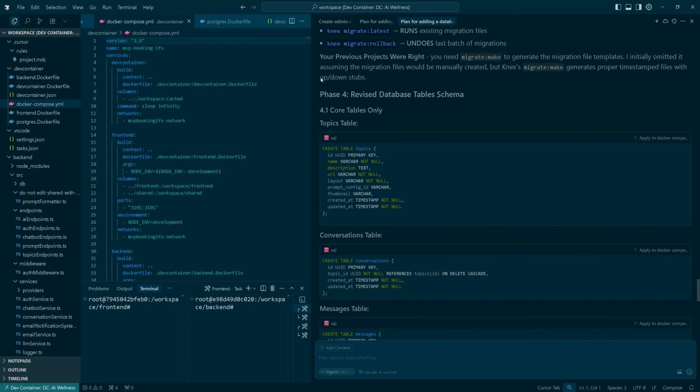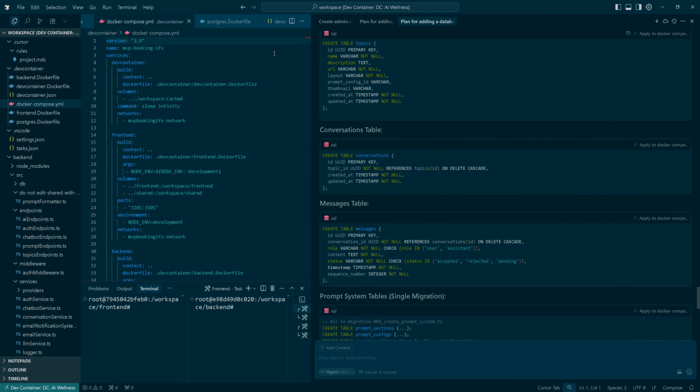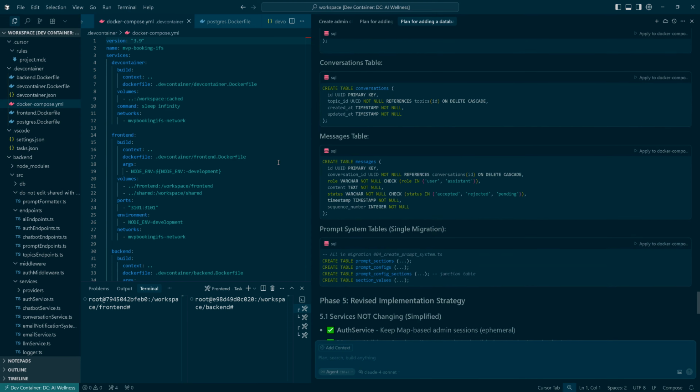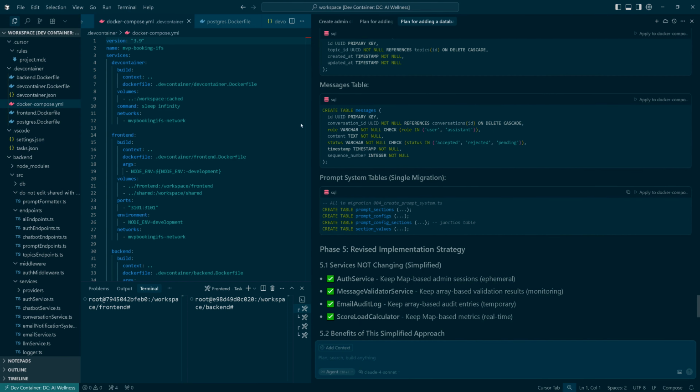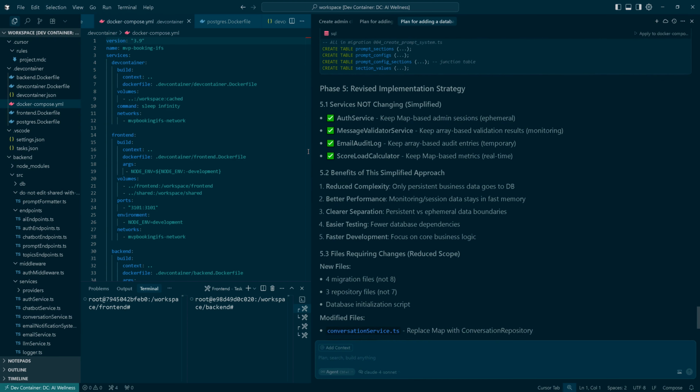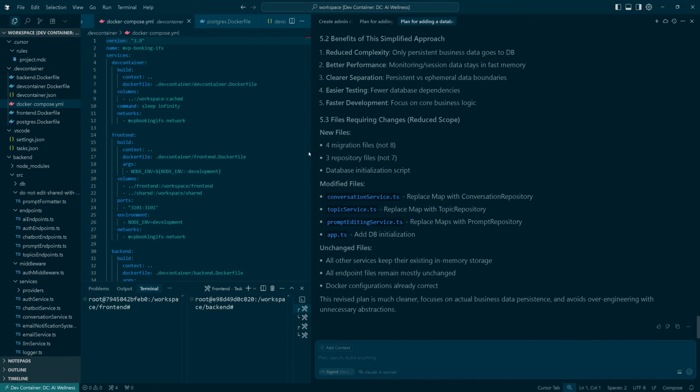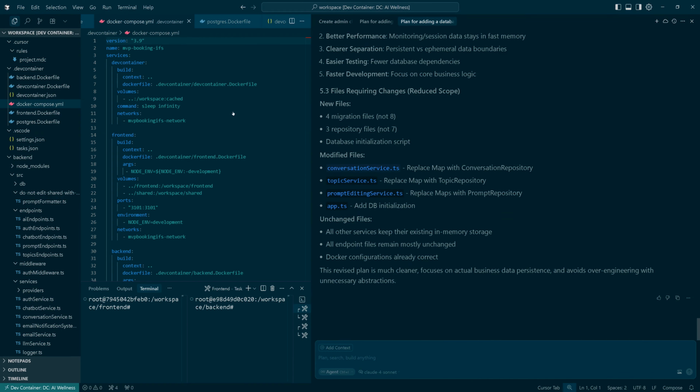So here's its updated database tables. These are almost certainly correct, but this is a prototype version of the project, so I'm not that bothered about if it gets it exactly correct. I will come back to that later. Just seeing the change. Right, so conversation, replace topic, replace this, prompt editing, replace this, add DB initialization. Okay,